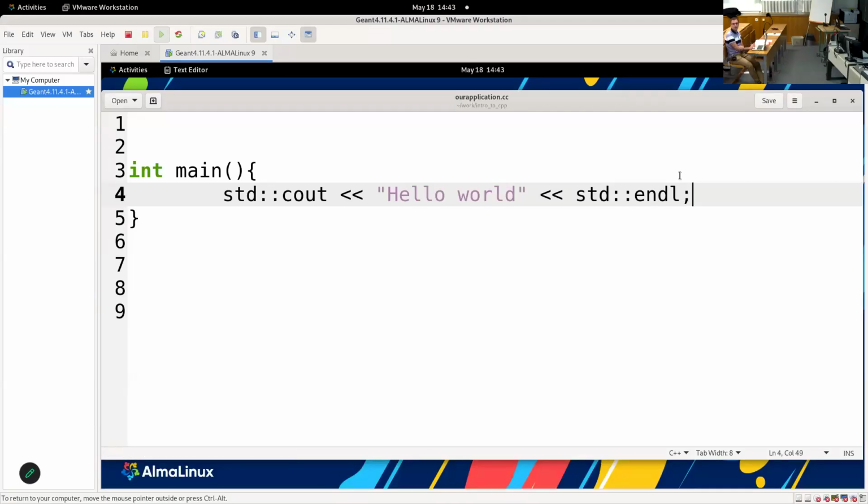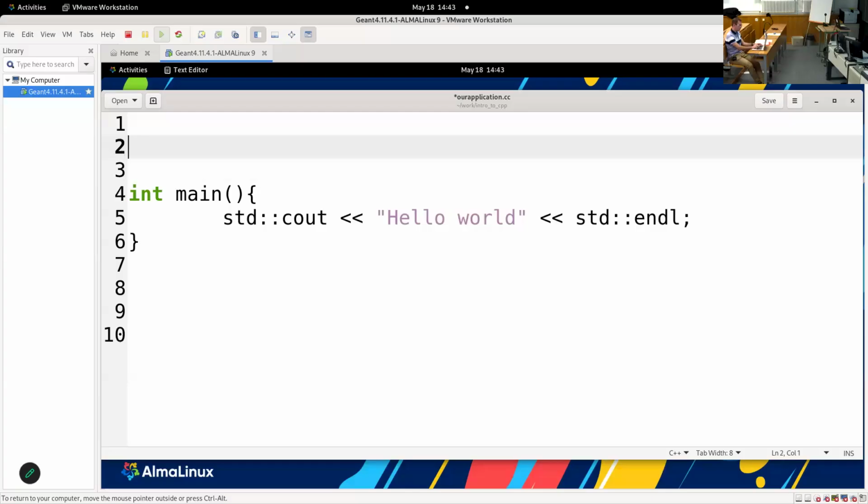Does this example look correct to you? Or am I missing something? That is correct. So someone in the room already noticed. So in order to let the compiler know that we are using cout and endl